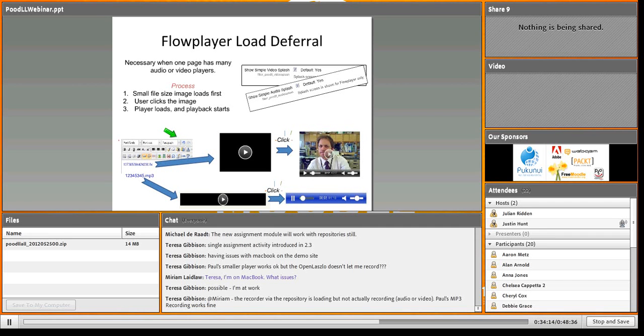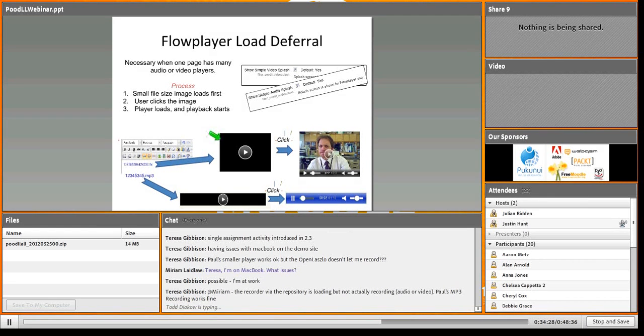We're going to be implementing splash screen generation pretty soon. So that means that when the video file is copied over into Moodle, we will also generate a splash image which gets copied over into Moodle too. So you won't have this generic black box. You'll actually have the first frame of the video being displayed there. So that will make this a little bit more visually attractive.